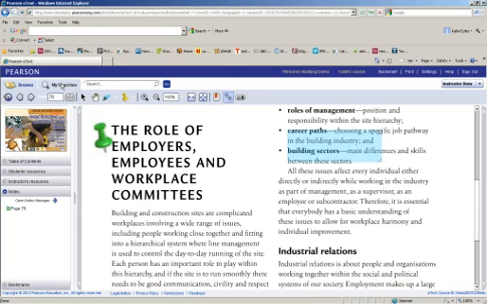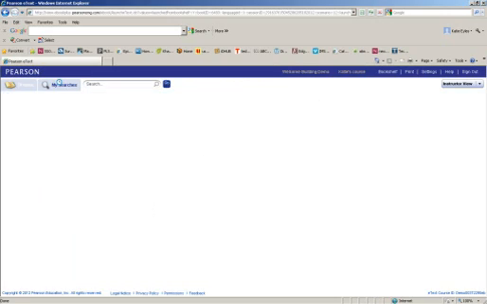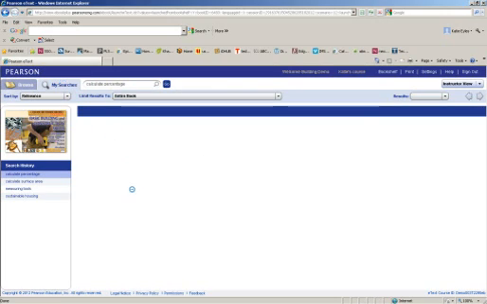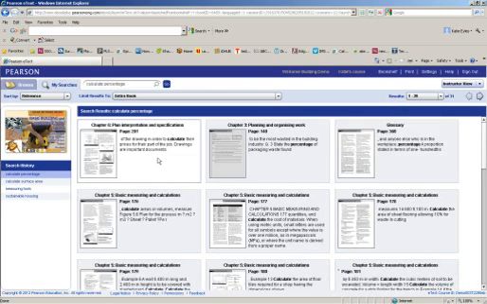So this is the My Searches area of the eText. You'll see that I've got the search results showing up there for a search that I've done most recently, calculate percentage. They're all displayed really nicely. I have the chapter and the page on which the terms appear, and also a little screen grab